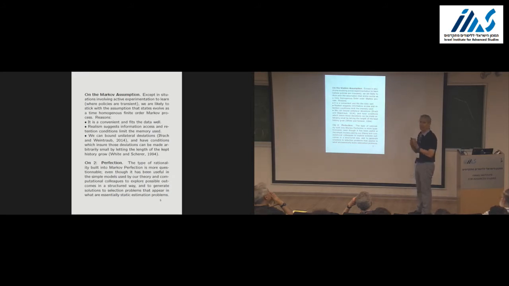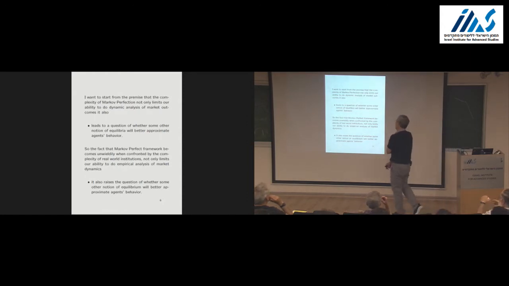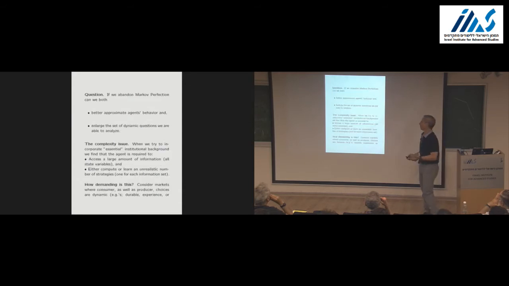From the applied side, from the side of Murto or me, it runs into computational problems just in complexity. And from the agent side, from thinking about modeling the world, it leads to a question. It's just so complicated that it leads to a question whether we can approximate agents' behavior in a simpler way. So that's where this paper starts. So the question is, if we abandon Markov perfection, can we better approximate agents' behavior and in some sense enlarge